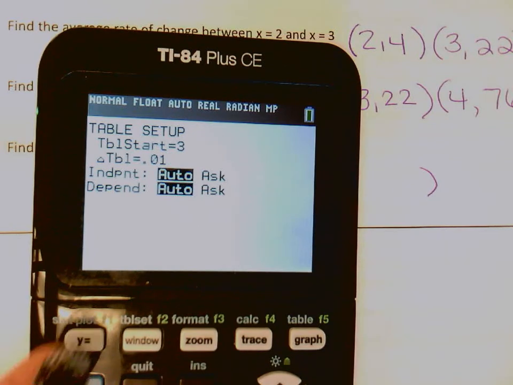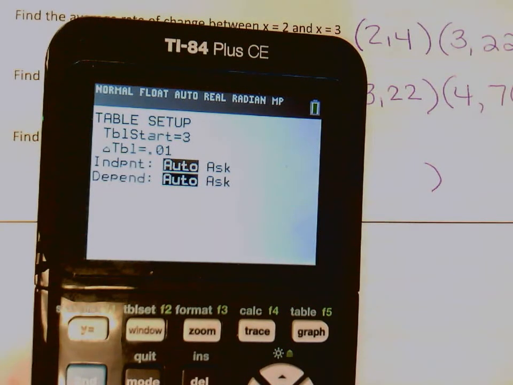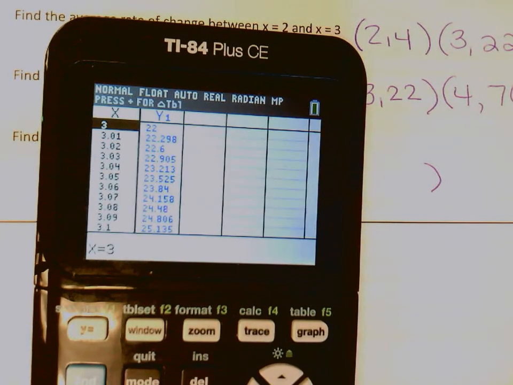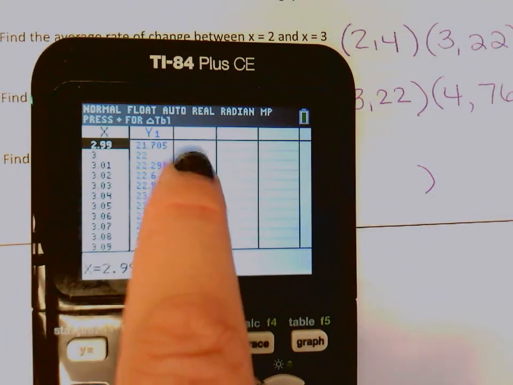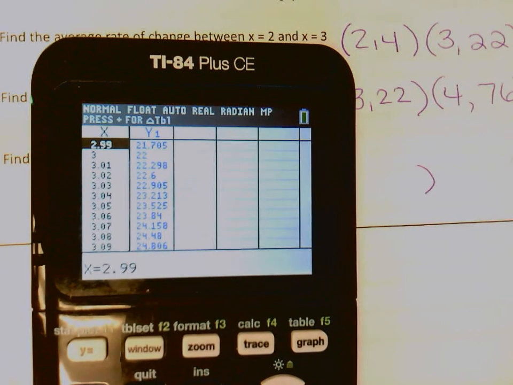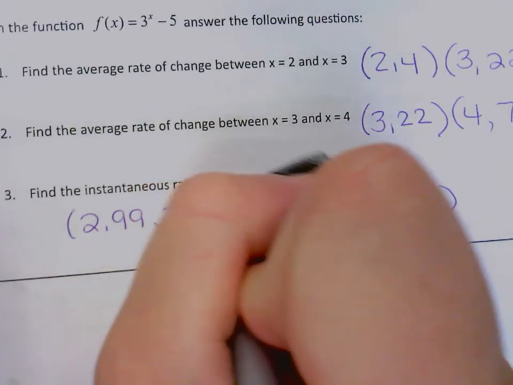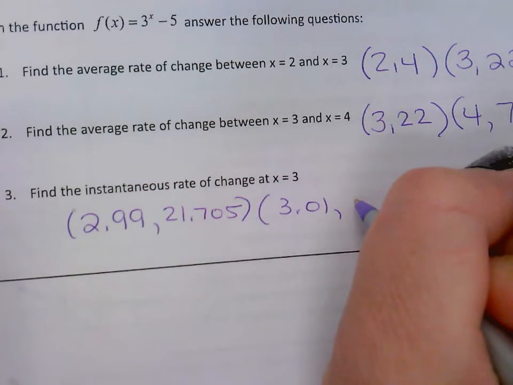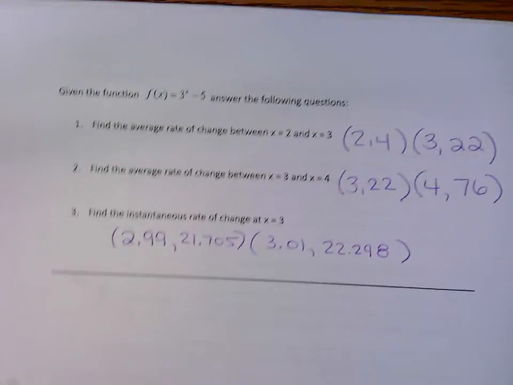So second table setup, change it to starting at 3, counting by 0.01, and then you can go to second table, which is above the word graph. And if you arrow up, then you'll be able to see 2.99, what that corresponds to, 3.01, what that corresponds to. To me, that's the hardest part, just pulling all those values out of the function in the table. So at 2.99, we're at 21.705, and we're at 22.298. So now for each of these, you have 2 coordinates, and to find slope,